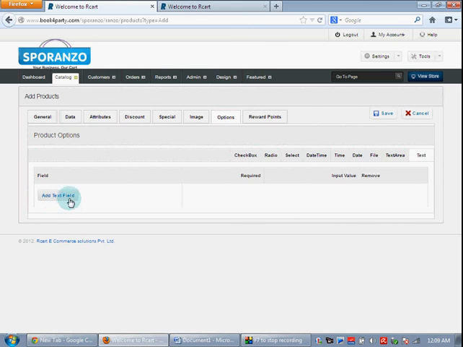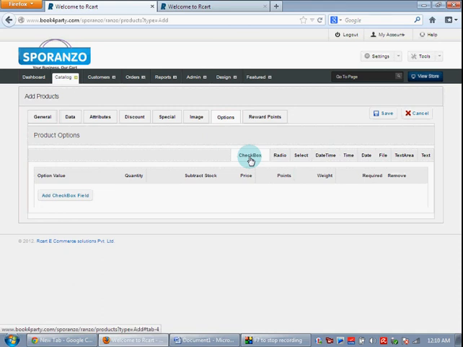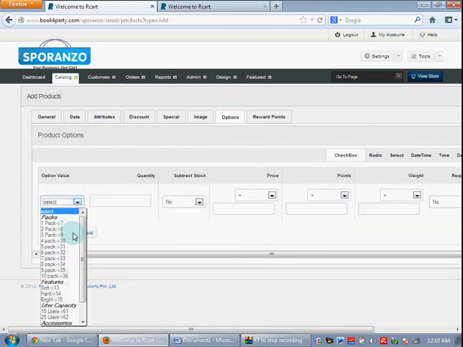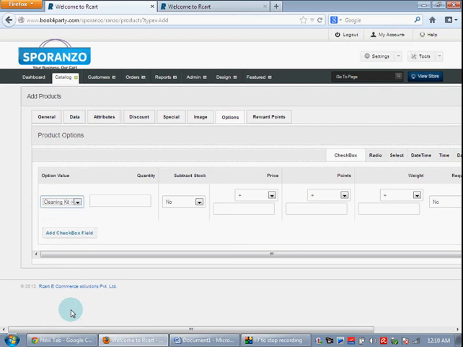We just click on checkbox and add checkbox field. As we have earlier created liters capacity as checkboxes, accessories as the checkboxes, so I go and click on cleaning kit. Quantity is 10.